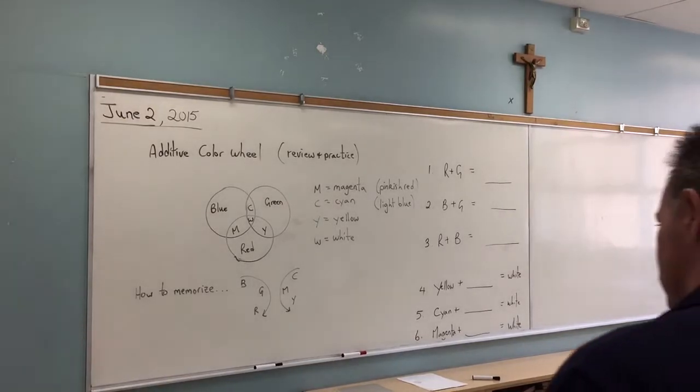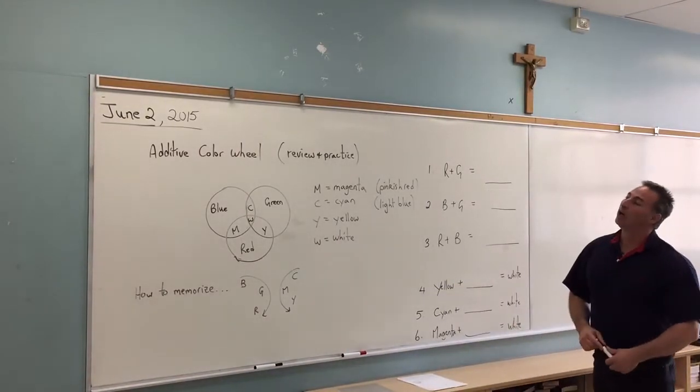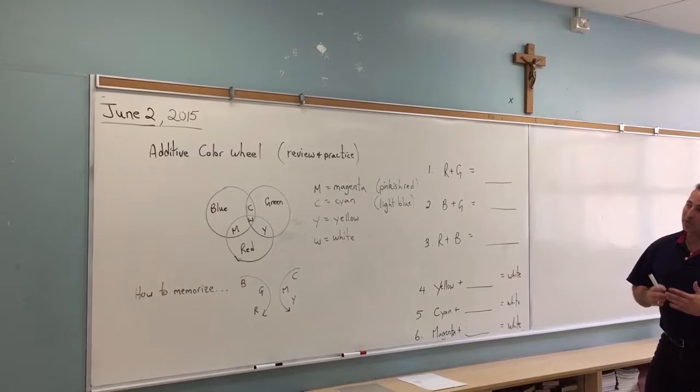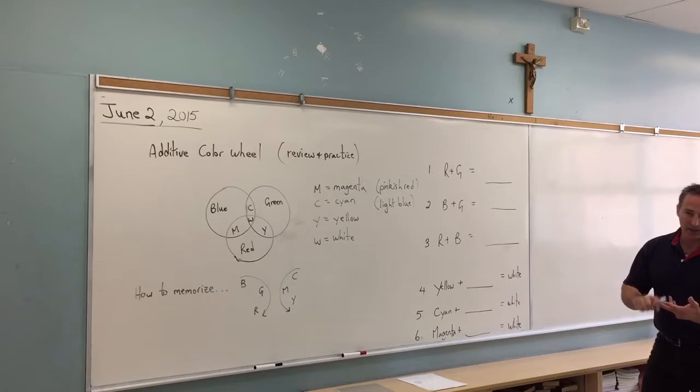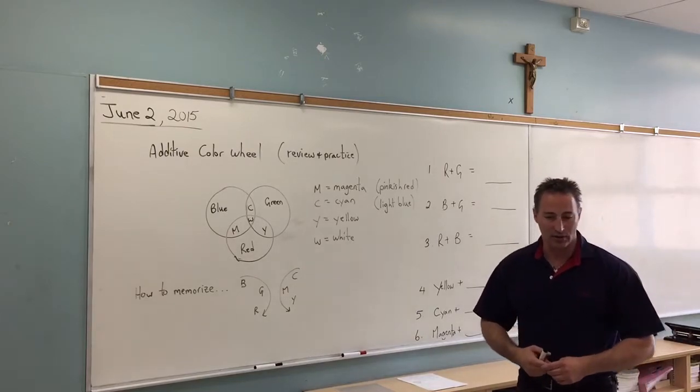In this class, we're going to learn how to use the additive color wheel to predict what happens when you mix two different colors of light. This is called additive color theory, meaning that if you have a blue light, a green light, and a red light, like you would in a projector or on a TV, the way you have on your phone,